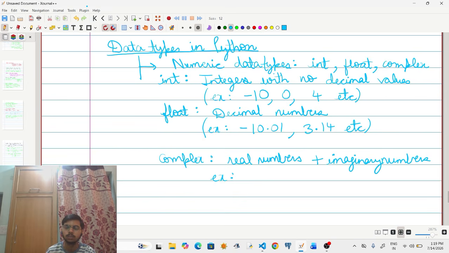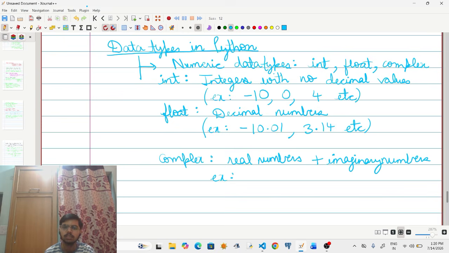In maths you have learned that complex numbers are of the form a plus ib, where a is the real part and b is the imaginary part. Similarly, in Python, instead of i, we use the symbol j to represent iota.